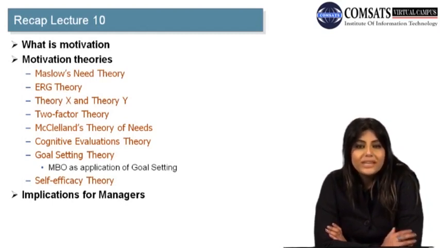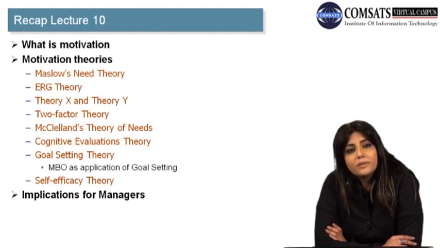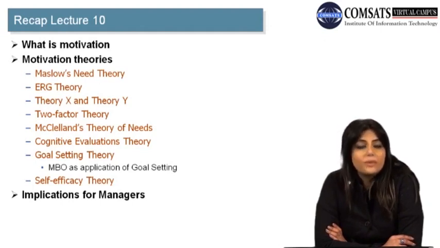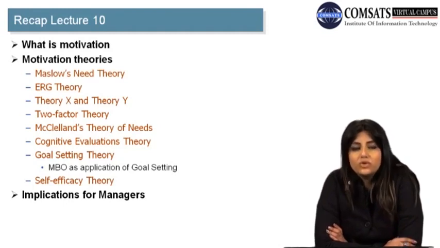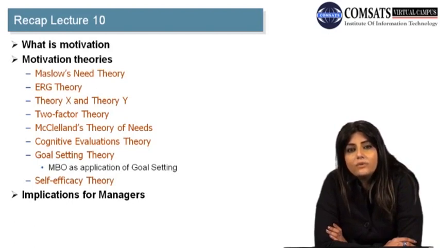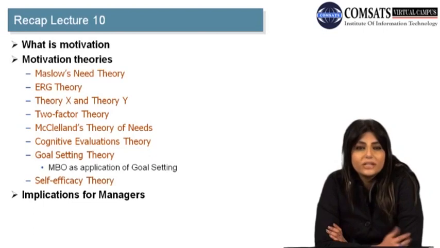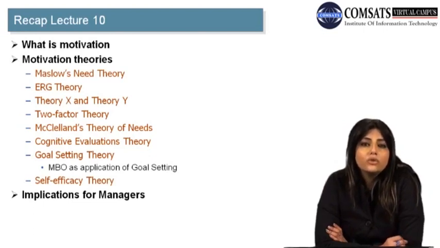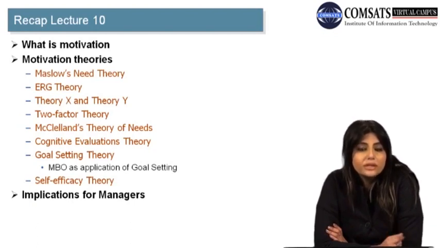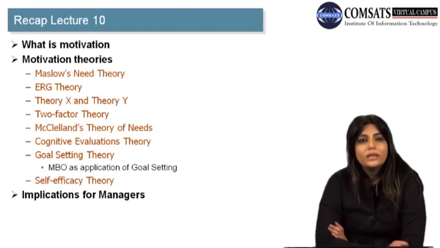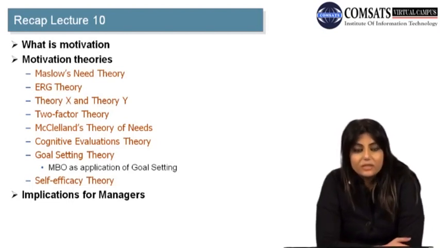Then we moved on to theory X and theory Y, which are based on managers' different assumptions about individuals. If managers assume that individuals are inherently slow and tardy, and are not active towards work, or don't take work as joy or pleasure, that they are forced to do the work and do not take their own initiative to do the work, then those are theory X individuals.